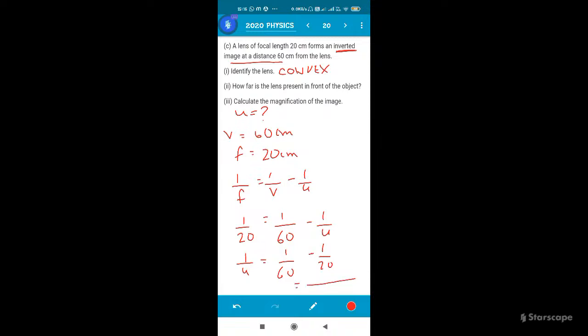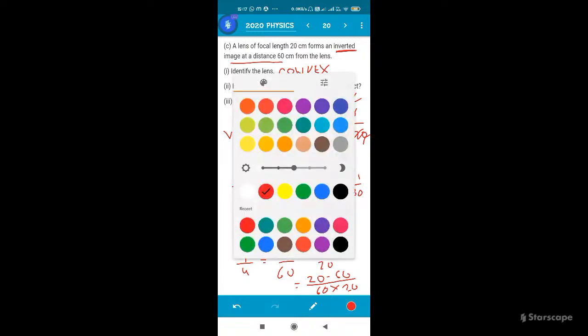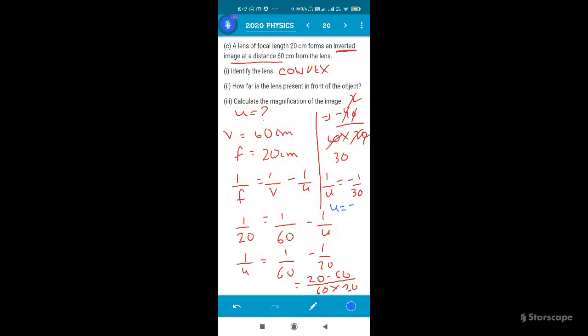So you can take the LCM as the product of these two. I generally prefer doing it this way. You can also take the LCM as 60. So you are getting minus 40 by 60 into 20, 30. So 1 by u is equal to minus 1 by 30, which gives us u equals minus 30